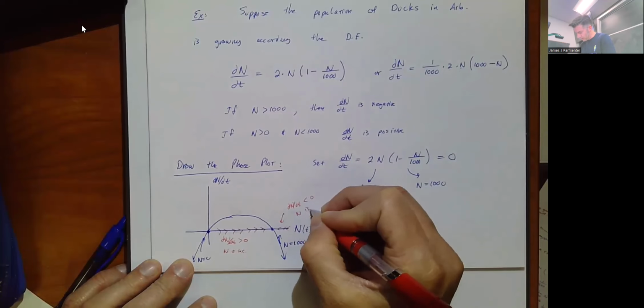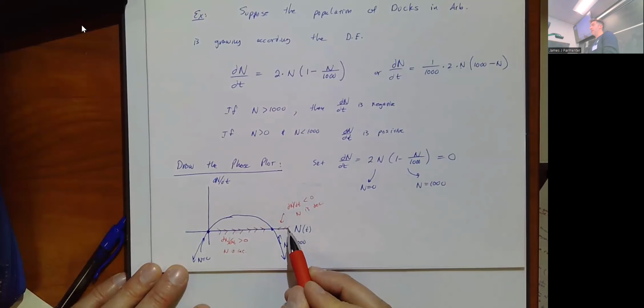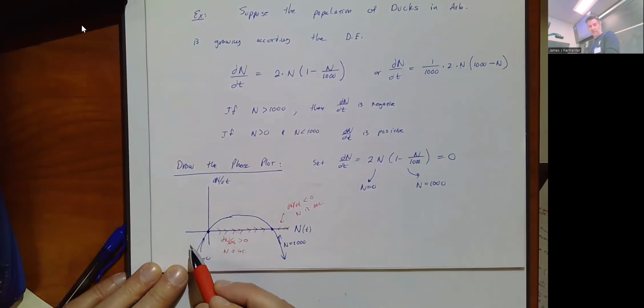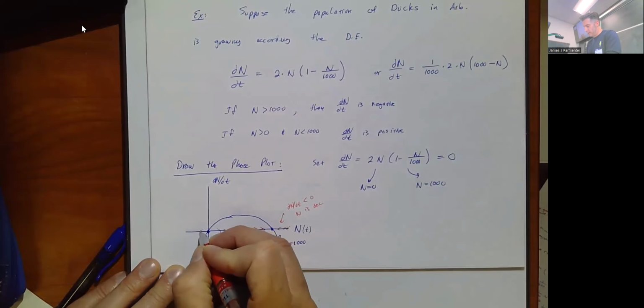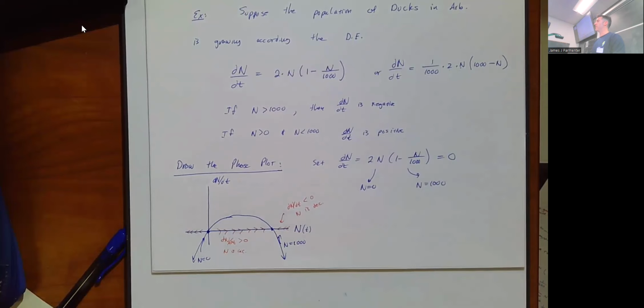So n is decreasing. Meaning, if you start here, the number n is going to get smaller and smaller and smaller and smaller. If you start over here, it's going to get bigger and bigger and bigger. And it doesn't really make sense to say it over here, but I'm going to say it anyway. If you started with negative ducks, you get less and less ducks, which again sounds really stupid. So I feel bad for even saying it, but that's what the graph would be telling us if it made sense. So definitely n equal to 1,000